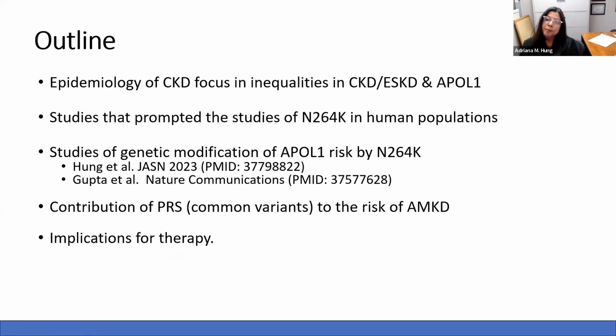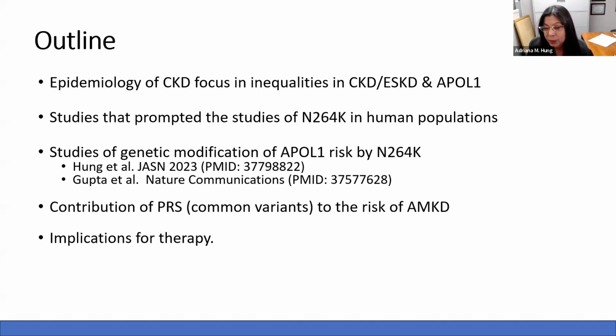What I'm going to cover first is a very brief overview of the epidemiology of CKD, with focus on inequalities in CKD, ESKD, and APOL1. Then I'll cover the studies that prompted the study of this very particular variant in human populations. I'll cover the two studies that there are, but they're very strong and provide the human genetic proof of the protective effect of these